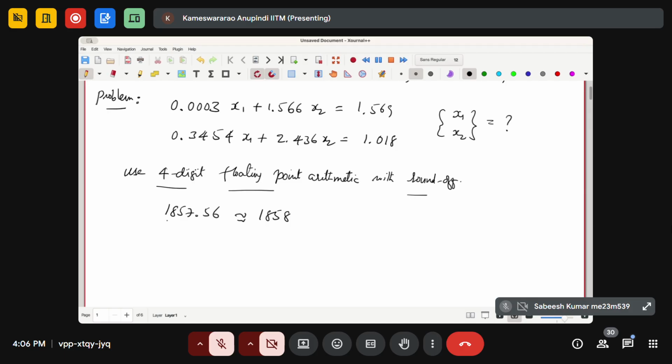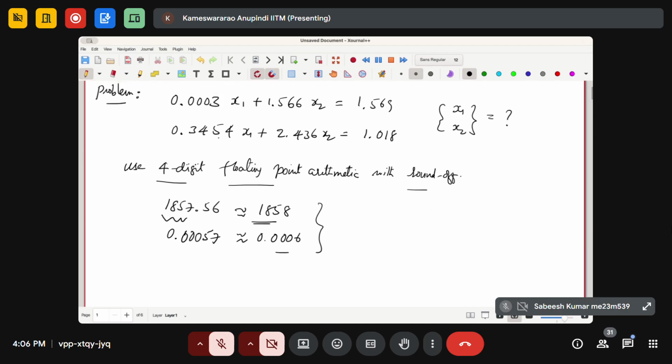Similarly, that means we can only store 4 digits maximum, whether it is combined with all the decimals. That means if I'm going to get something like 0.00057, I'm going to store this as 0.0006. Okay, something like that. So we are using round off and then truncating, or we are using round off, and then depending on if it is more than 0.5, we are adding 1 to the previous value and so on. Okay, this is how typically calculations in a computer work,